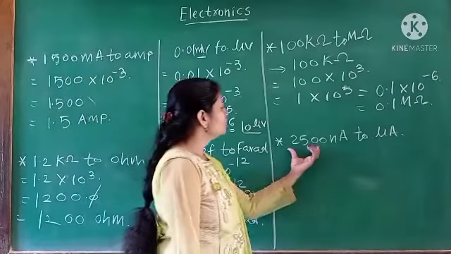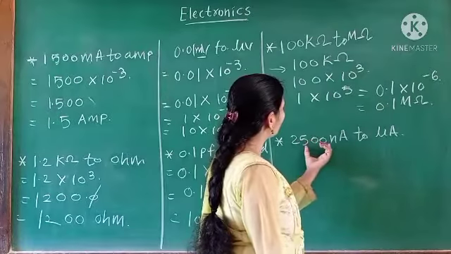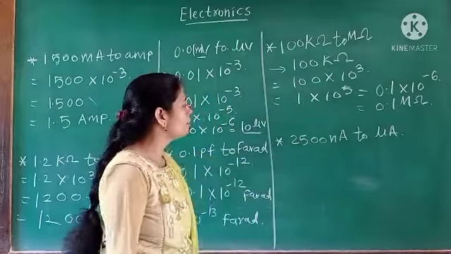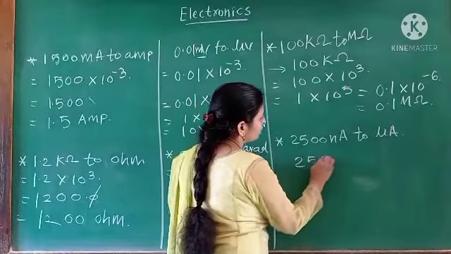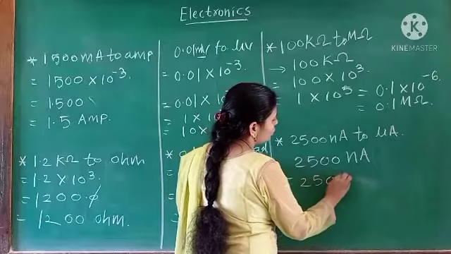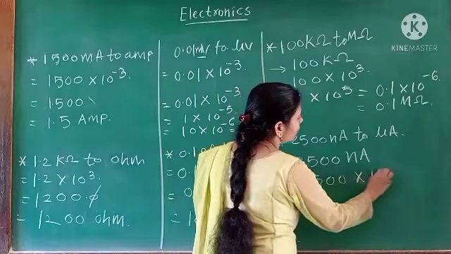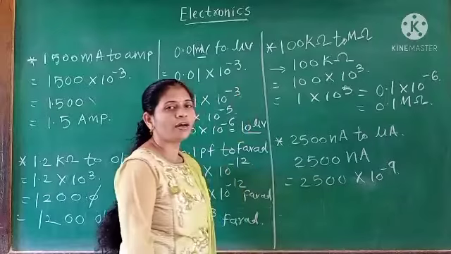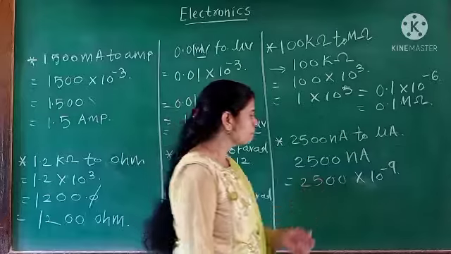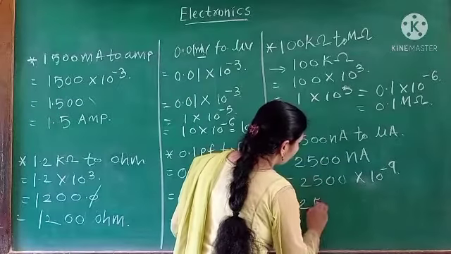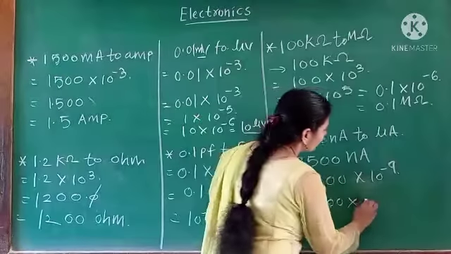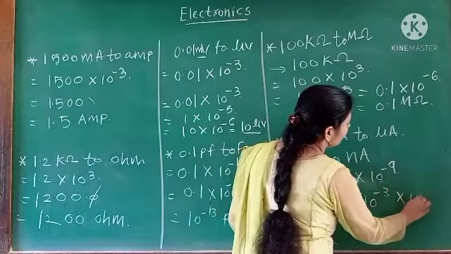Then next here, this is 2500 nano ampere, and we have to convert this into what? Micro ampere. So now this 2500 nano ampere, and as we know nano means 10 raised to minus 9. But what we require? We require here micro. Micro means what? 10 raised to minus 6. So 2500, we have to split it into two parts. So we will get here 10 raised to minus 3 into 10 raised to minus